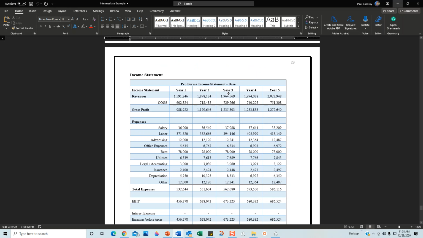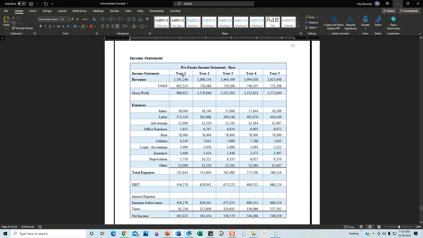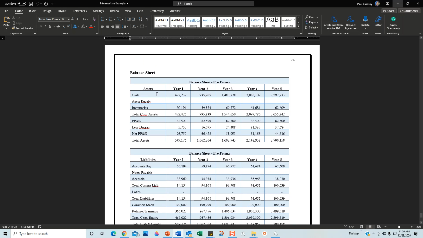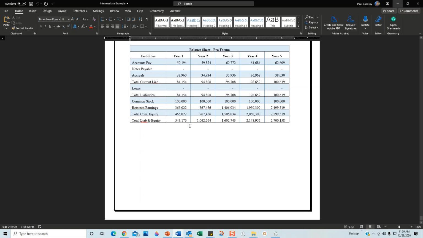Once I'm done with that, I go ahead and sum up all that information and put it into your pro forma income statement, or your profit and loss projections for the next 5 years. Information's right here: income statement, next 5 years for your projections. Once we go over that, then I'm going to put in the balance sheet. The balance sheet is going to say pretty much what you anticipate your assets to be at the end of each year: the cash, inventory, property, plant, and equipment, and so on.